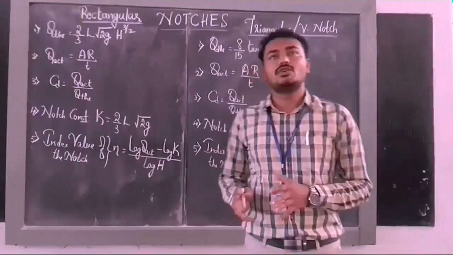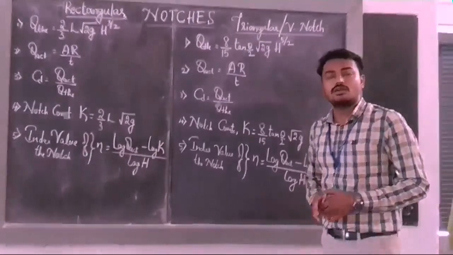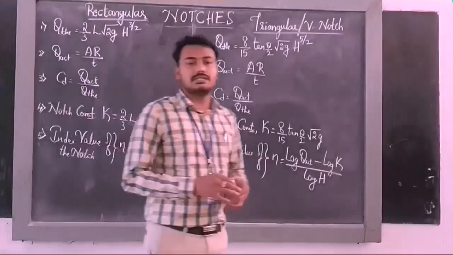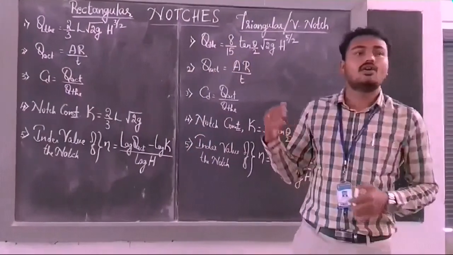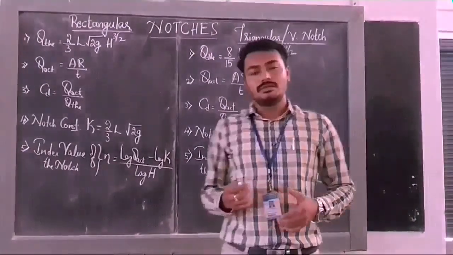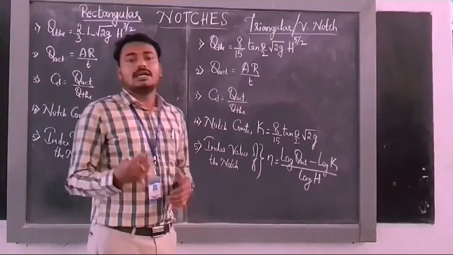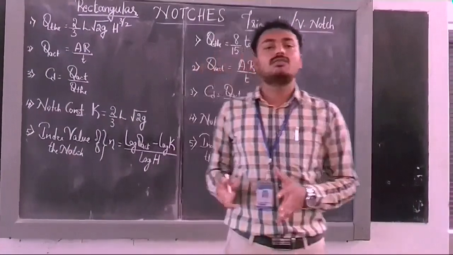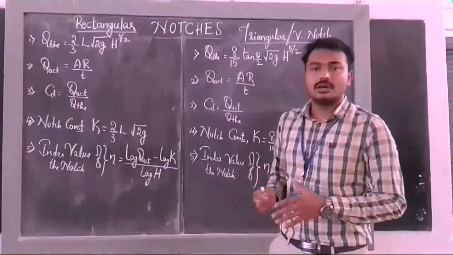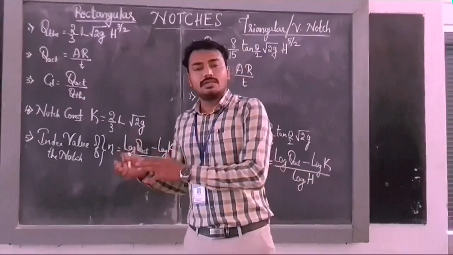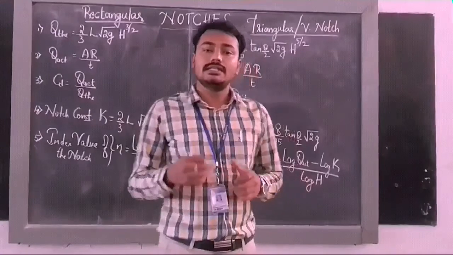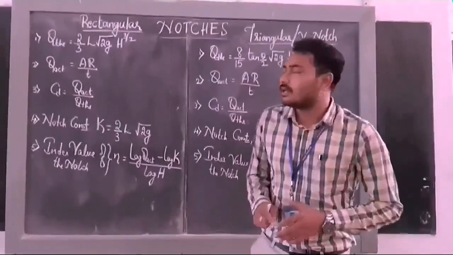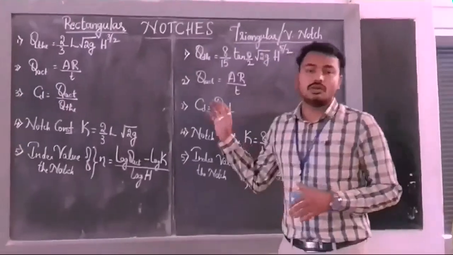Notches and weirs are those devices which are usually employed in order to measure discharge in case of open channel flow. As far as pipe flow is concerned, we have other devices such as an orifice meter and venturi meter. Those instruments will be used to calculate the discharge coming out from a pipe flow. As far as open channel flow is concerned, if water is flowing in any canals or channels, or if water is being let down from the dam section, and you want to calculate the discharge coming out from it, then we use the notches as well as the weirs. But our today's experiment is with respect to notches.